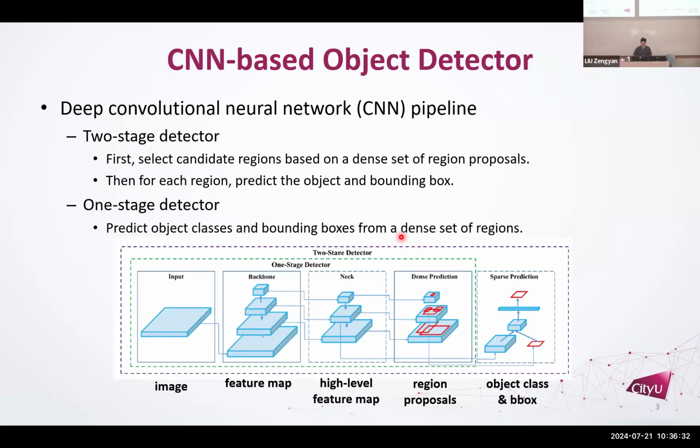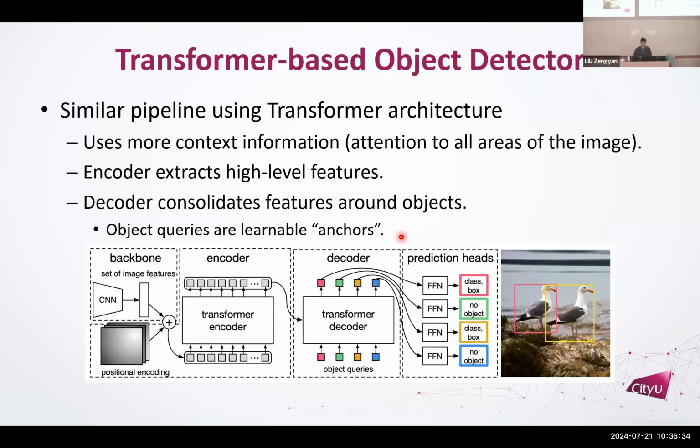Okay, that's a technology from a few years ago. Now there are transformer-based object detectors, and the pipeline looks like this. So again, we extract features like before, but now instead of using a CNN decoder to classify different objects, we use a transformer encoder. Okay, and this transformer encoder produces a set of features here. Then we have object queries that are learnable, and we have a transformer decoder, which takes those object queries and converts them into predictions of object and the object class. Okay.